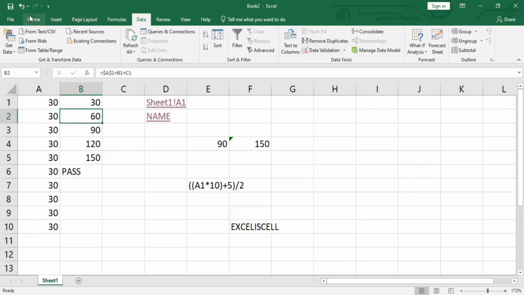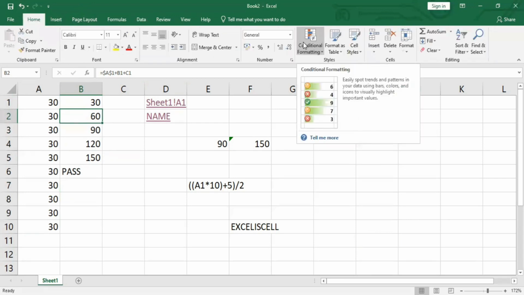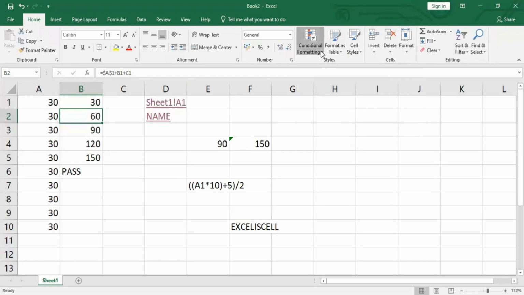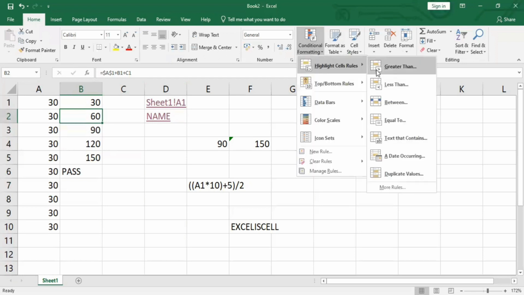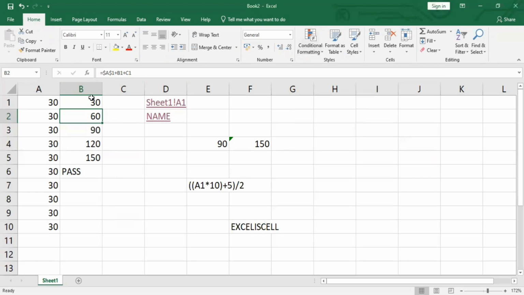But if you want to first find out whether there are any duplicate values, you can go to conditional formatting, highlight the cells, and click on duplicate values. Can you see this? If I am writing here 60,